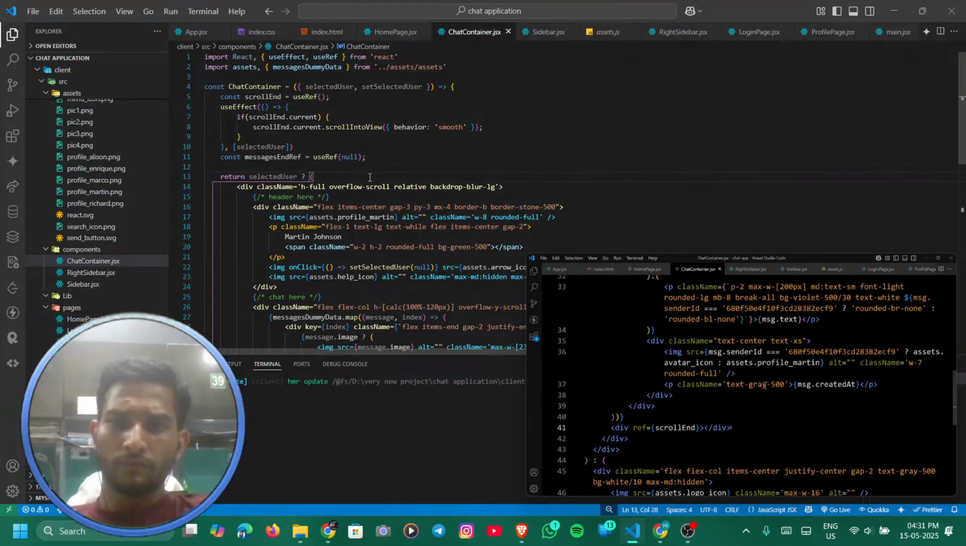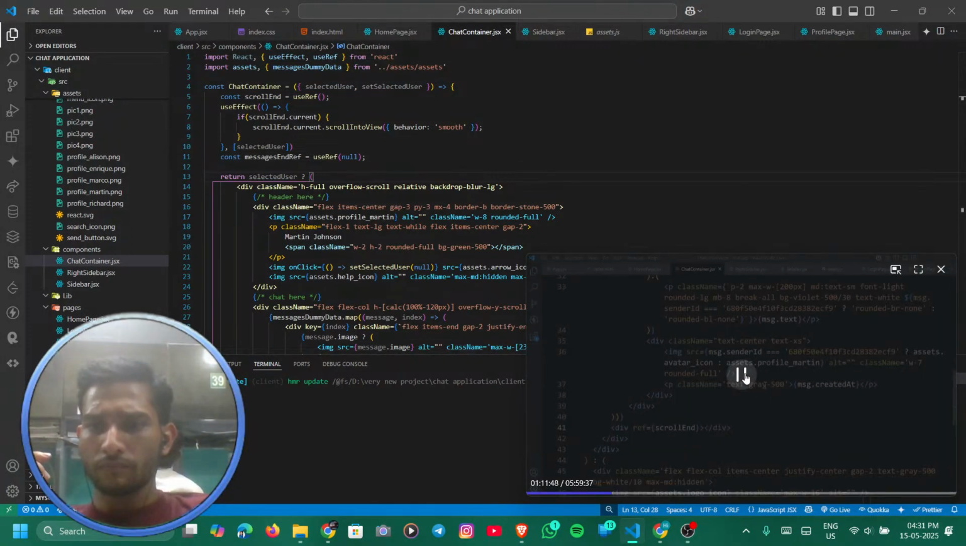To convert this time, we will create a separate function. So to create that function,